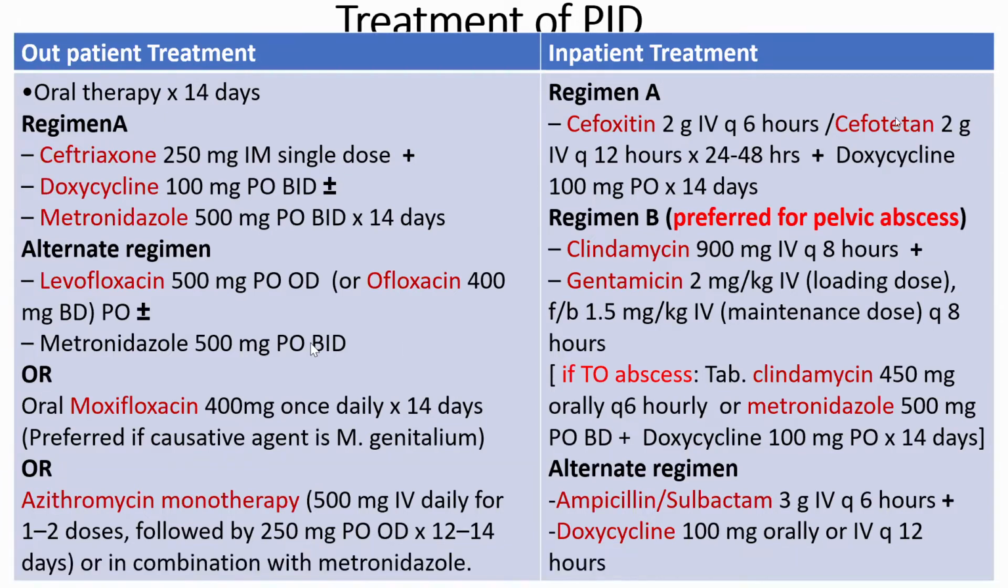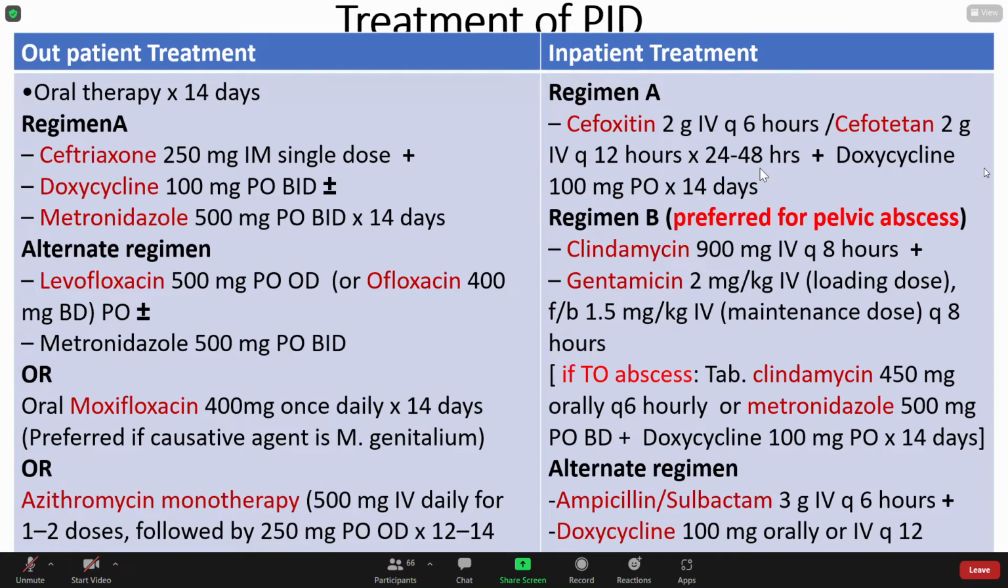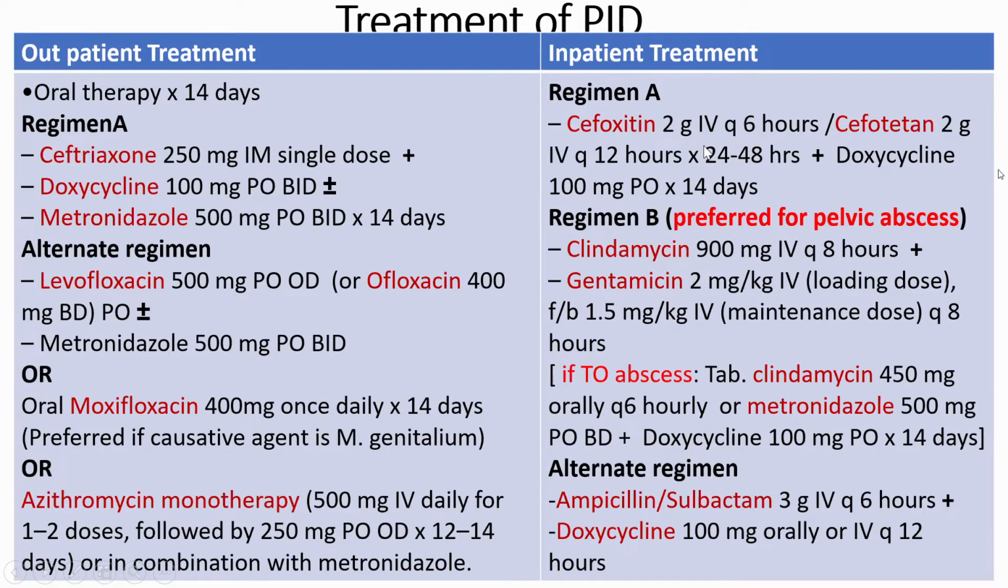Okay, but treatment regimen A, we do not commonly use, as it's not that commonly available: antibiotics like cefoxitin and cefotetan. So the preferred one is clindamycin and gentamicin. Okay, so this is preferred even in case of pelvic abscess as well. Clindamycin 900 IV TDS and gentamicin 2 mg/kg IV loading dose followed by 1.5 mg per kg IV